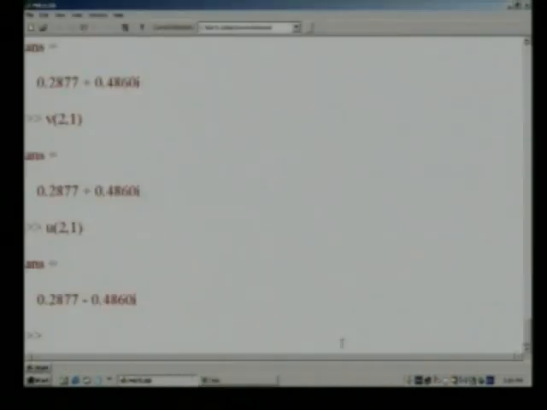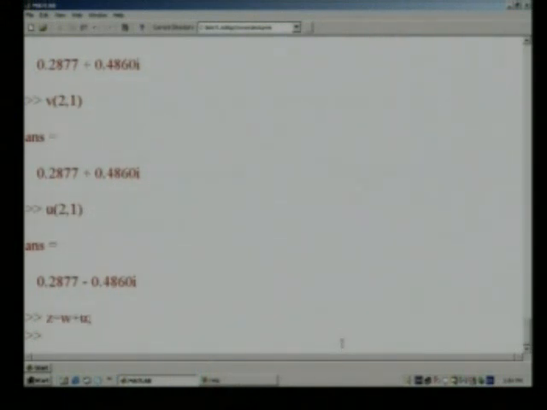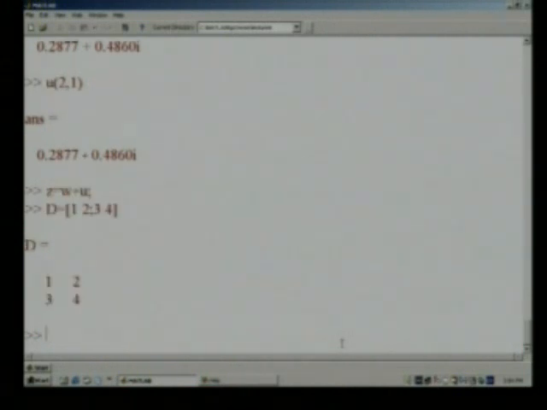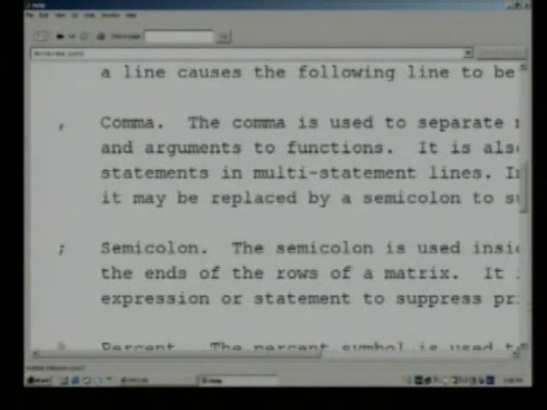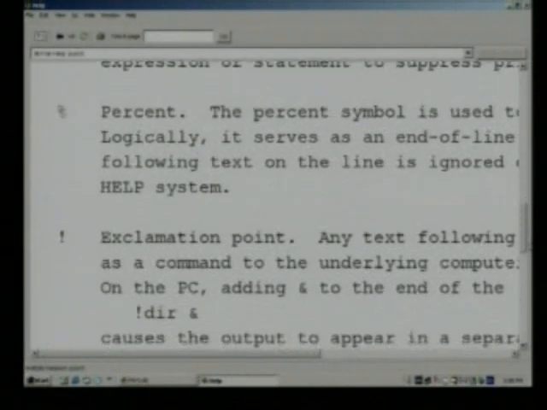For example, suppose I write z is equal to w plus u. If I put a semicolon, it will not be echoed. Similarly, let us say I want to write a matrix D which is equal to 1, 2, then if I put semicolon 3, 4, that means the semicolon automatically tells you that the next elements will be in the next row. So you can see 1, 2 semicolon means it will go to the next row. So this is the use of semicolon, either to suppress the echo or to go to the next row. So these are some of the very important